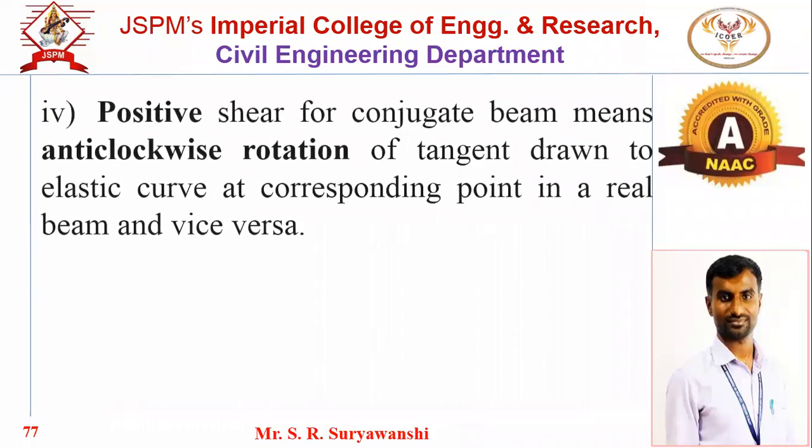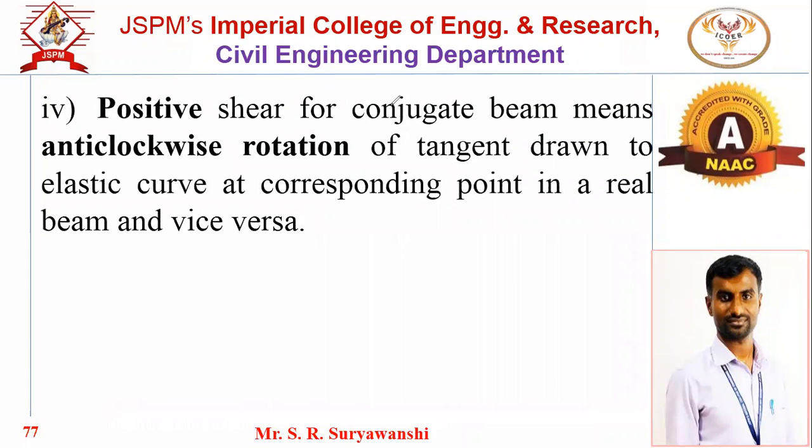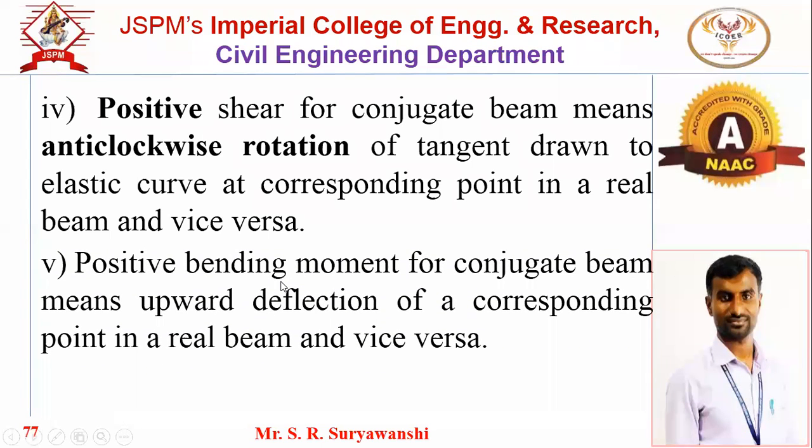Likewise. Then positive shear force for a conjugate beam means anti-clockwise rotation. If you are getting positive 10 kilonewton, it indicates an anti-clockwise slope. And vice versa, if you are getting negative shear force, the slope will be clockwise. Then positive bending moment means upward deflection, and negative bending moment means downward deflection, because we know that shear force is for the slope and bending moment is for the deflection. If this bending moment is negative, the deflection